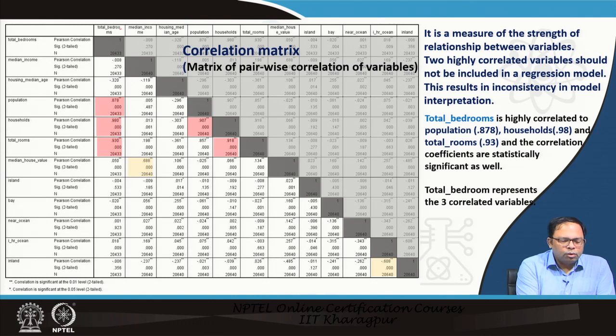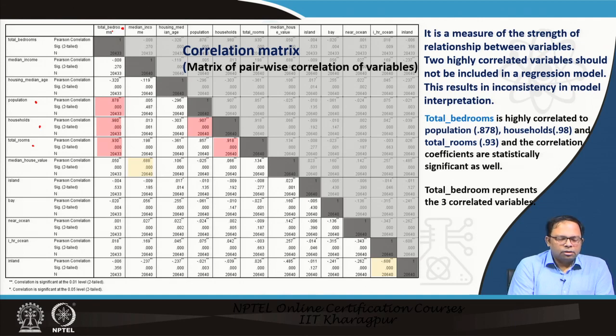For example, total number of bedrooms is correlated with population, household, and total rooms. So instead of taking these 4 variables in the equation, we can take only one of those in the equation, and that would be good enough. So instead, we can replace population with total bedrooms, we can replace households with total bedrooms, or we can replace total rooms with total bedrooms, because these are